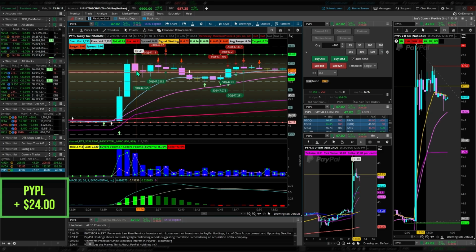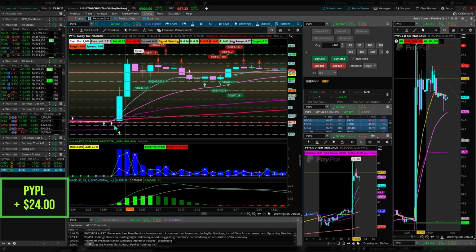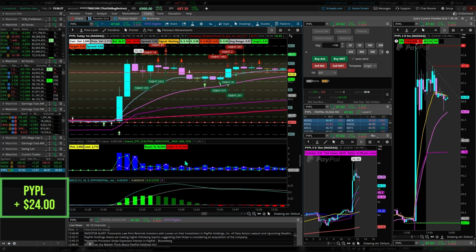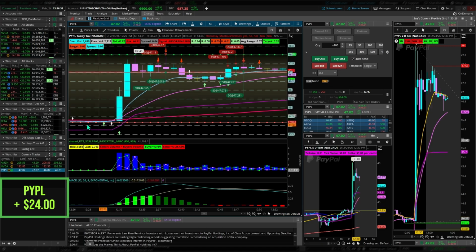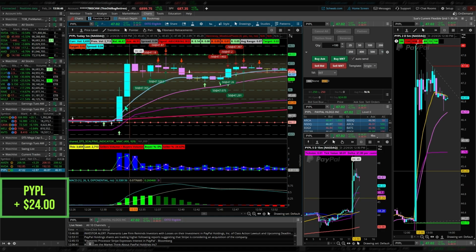So I go to news. I was doing all kinds of different news. I could not find anything on it. And then I thought, well, maybe there's some insiders, because this candle right here was over 3 million shares. This was 3.2 million shares, a slight little lower right here, 3 million shares. And then it went down here to 2.65 million shares. That's a lot of shares, because right here it was only trading at maybe 50,000. So now I'm thinking, well, maybe there was a deal done and it's insiders.